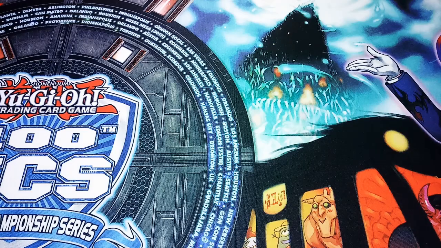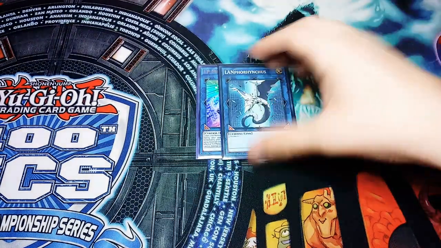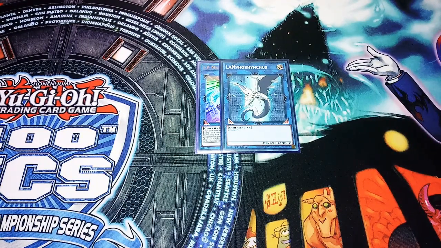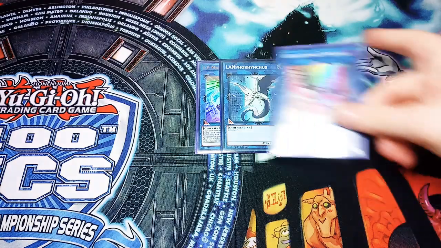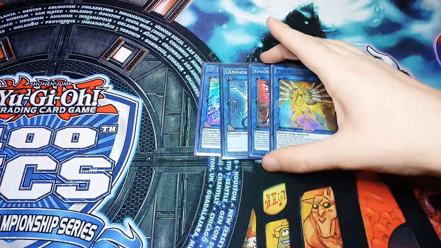Then for the extra deck, I play 1 IP, because it's always good. 1 Land Fornicus, because it's just generic, it allows you to use anything, and this deck really needs that for the extra deck. Then I play 1 Nightmare Phoenix, just free backrow destruction, 1 Nightmare Unicorn, something you can go into off of IP,